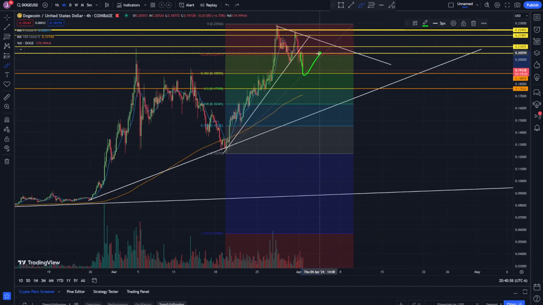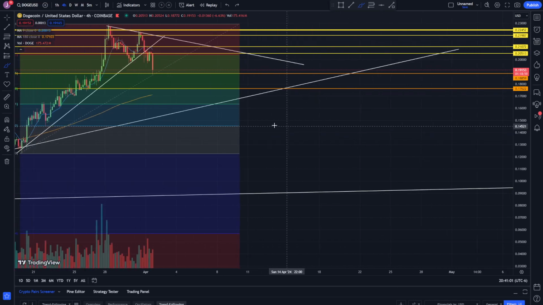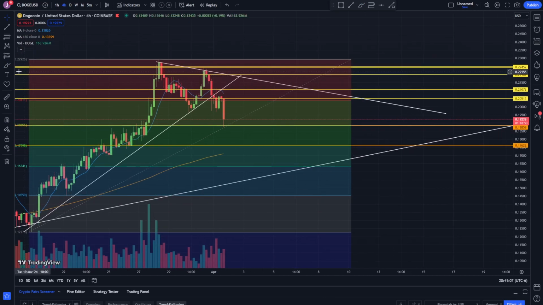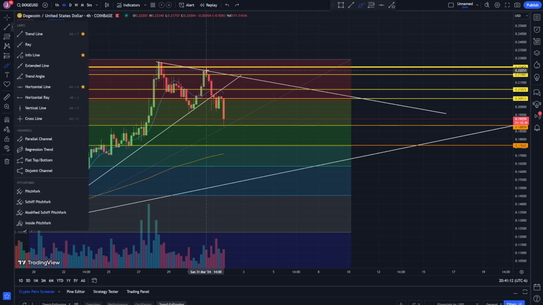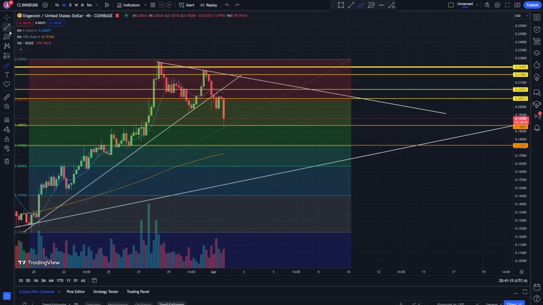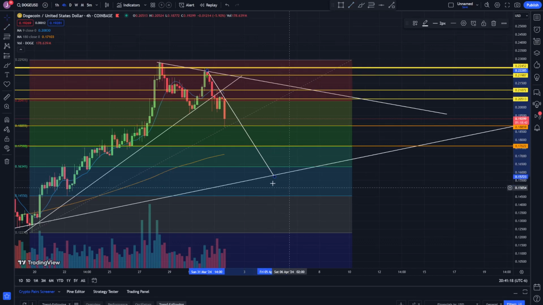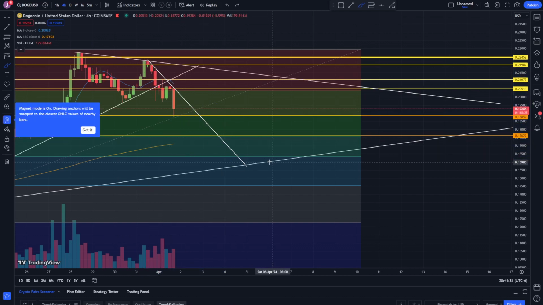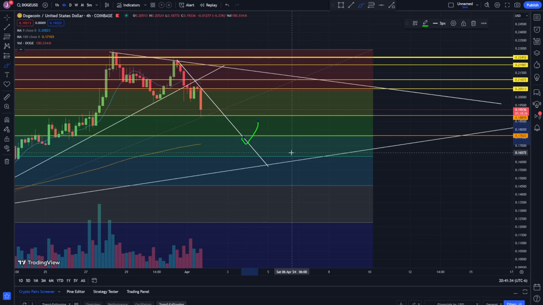So yeah, let's say if we get a bounce and go to this next line up here, the next thing I'd be looking at is a downtrend over here. We have this resistance and resistance. Let's go ahead and draw a downtrend. We'll grab the trend line tool and draw a downtrend until this price breaks this trend line. Until then, we can assume it's probably going to give us some resistance. But once we do break it, that's going to be a bullish signal,